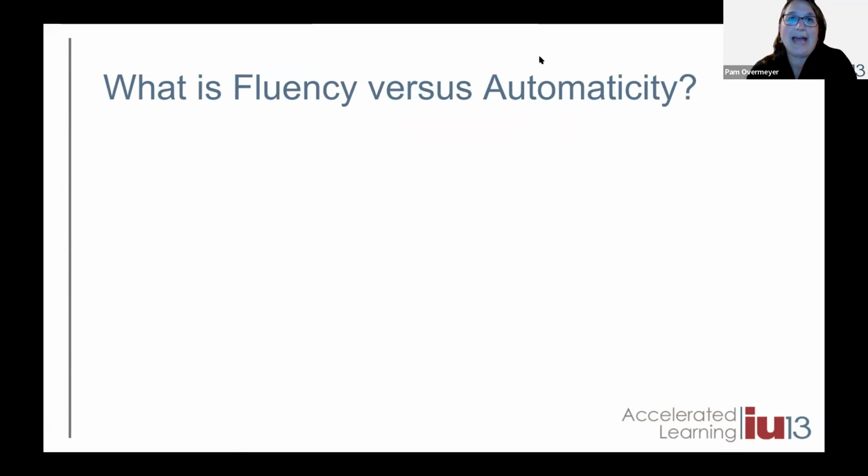First, I want to ask you to think about what fluency versus automaticity is. In your own words or in your thoughts, define each of the following. Fluency is... Automaticity is...